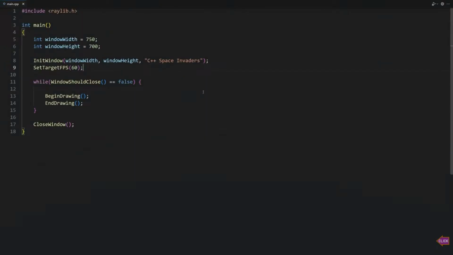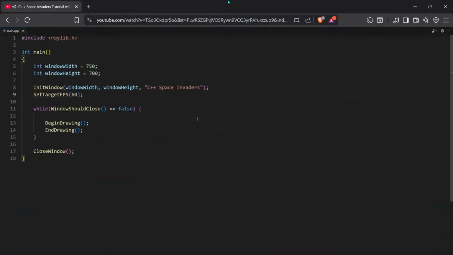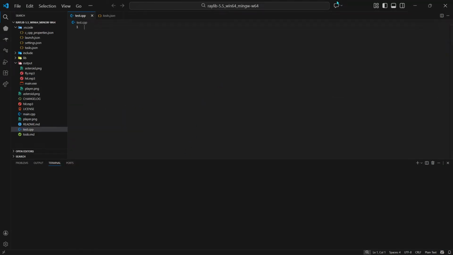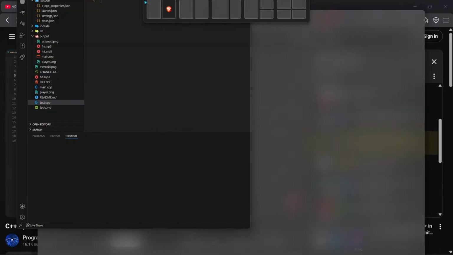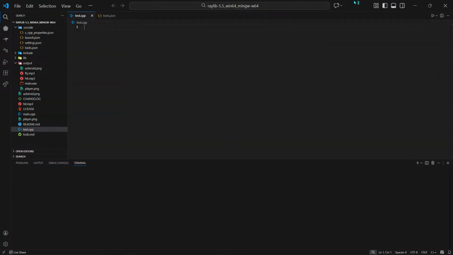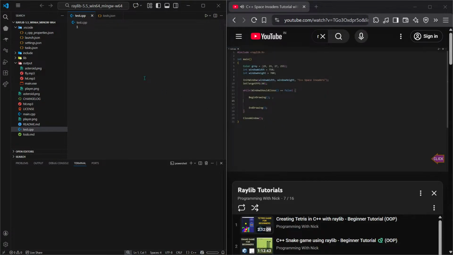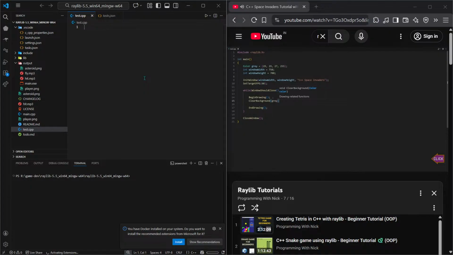So, to create a dark gray color, we will create a Color struct like this. Color gray = {29, 29, 27, 255}. Inside the game loop, before the EndDrawing function, we call the ClearBackground function. ClearBackground(gray). So when the ClearBackground function is called, the window's background is cleared with this gray